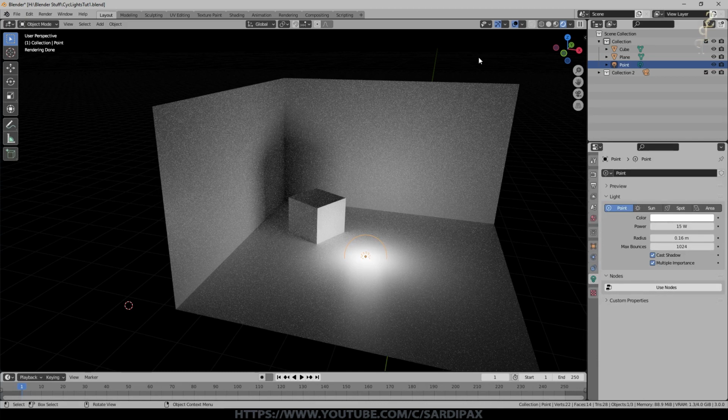So rather than wasting all that calculation power on working out where light rays would go that you'll never see, and working out which light rays you will see and which you won't, the physically based renderer reverses the sense. So what it does is it treats the camera almost as if it's a light, and it then shoots beams out of the camera in the mathematical sense. They bounce around the scene, and if they end up hitting a light, then that little beam is counted as a light ray that would have made it back to the camera. So light reflects the same way back to the light as it does to the light.